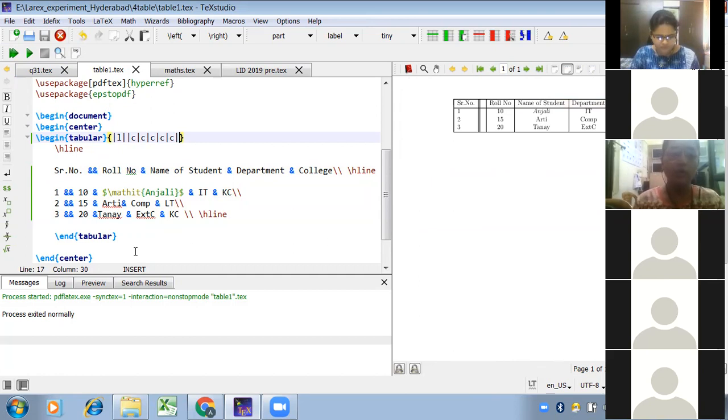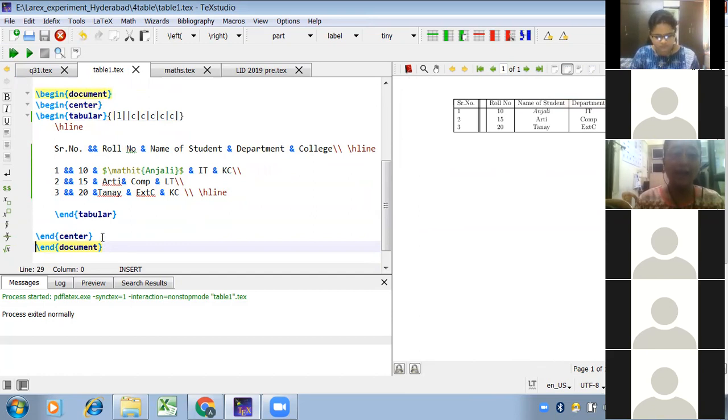Now one more thing in LaTeX: as you are using an ampersand sign for showing the rows and columns of your table, you cannot use the ampersand sign directly in the text. Like, consider I am typing Dhanashri and Aarti. If I use it simply, Dhanashri and Aarti,